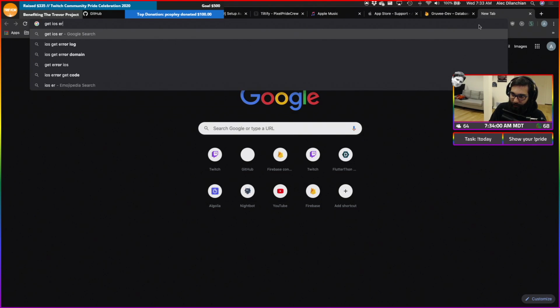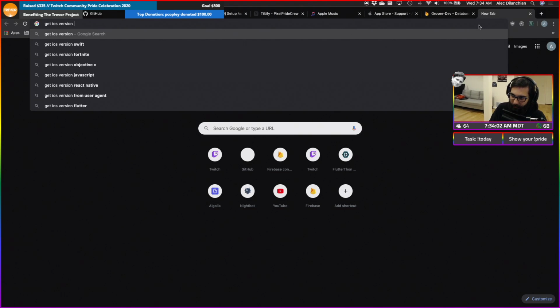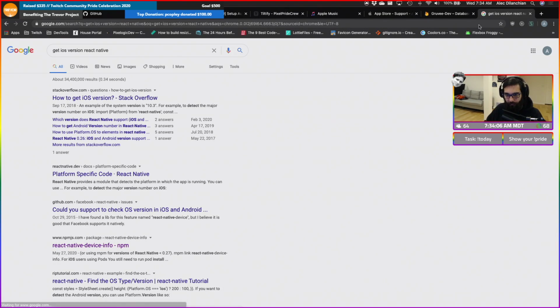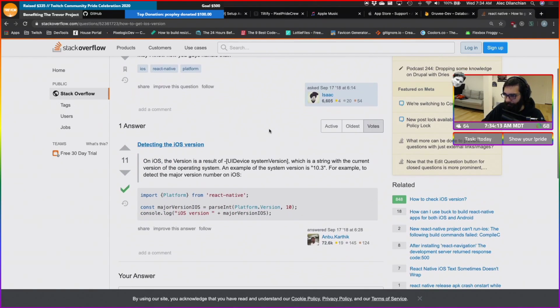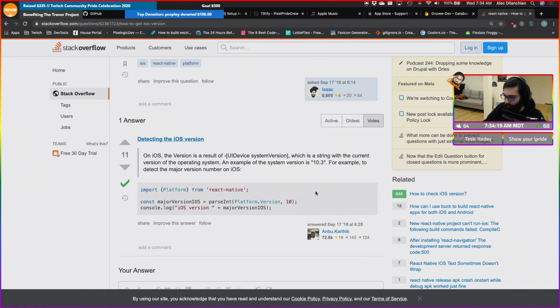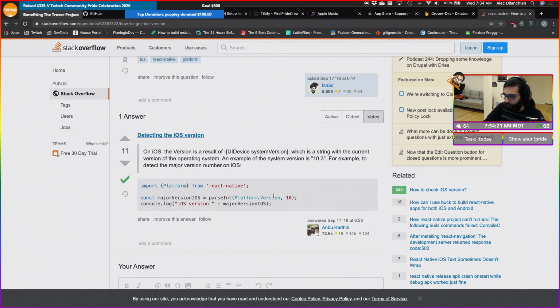Get iOS version, React Native. Yeah, Marco, yep, that's correct. Oh, I see. So platform.version does do that.